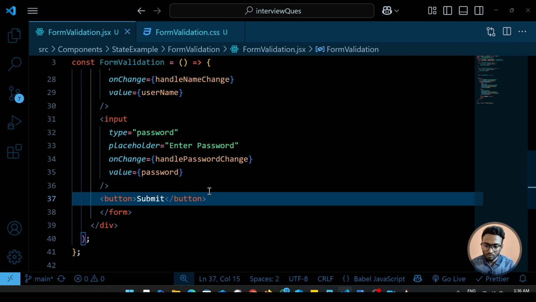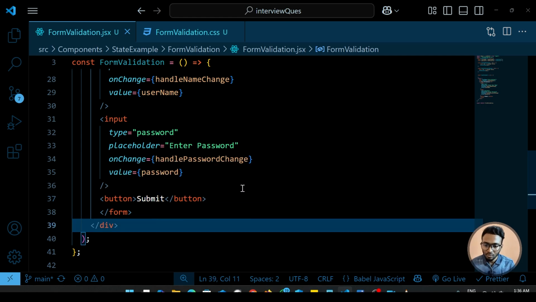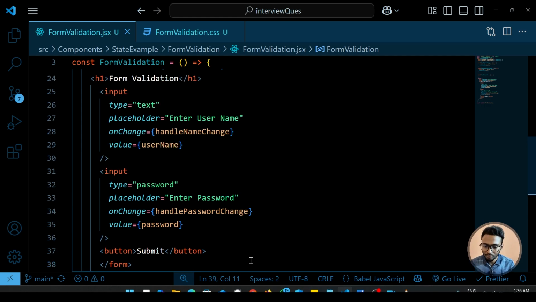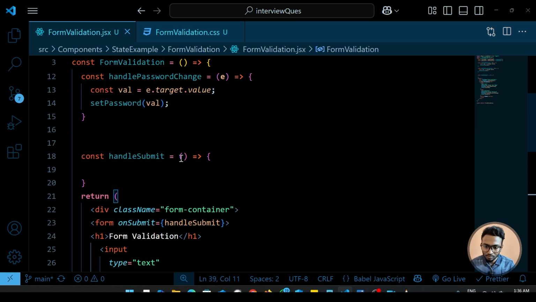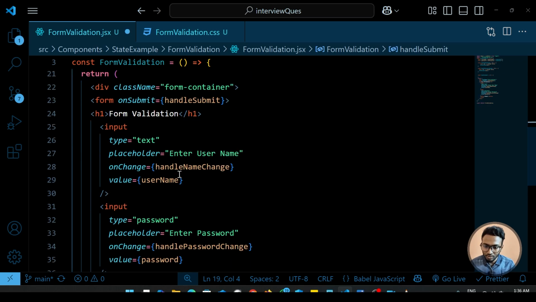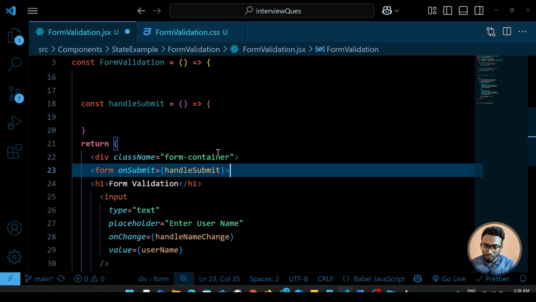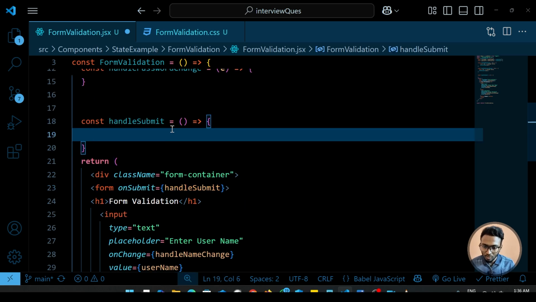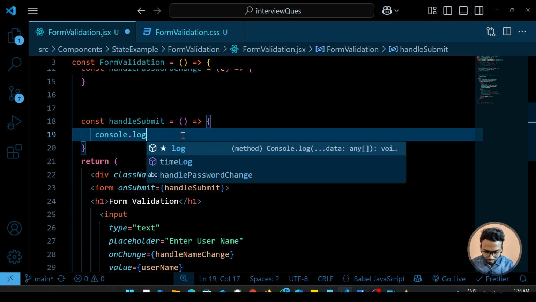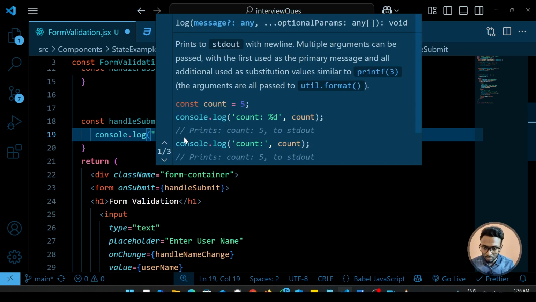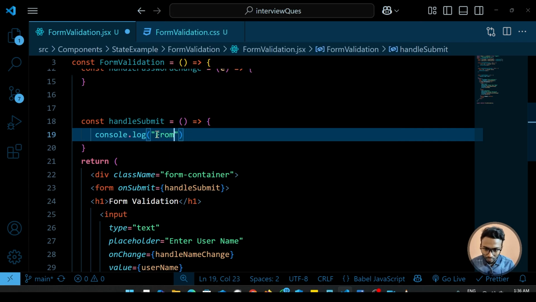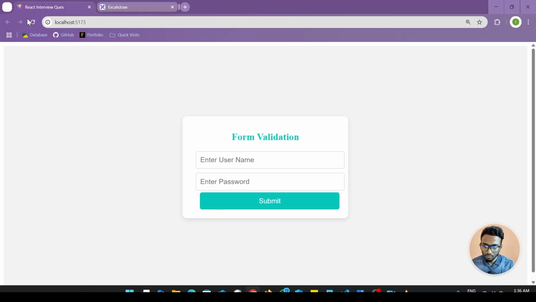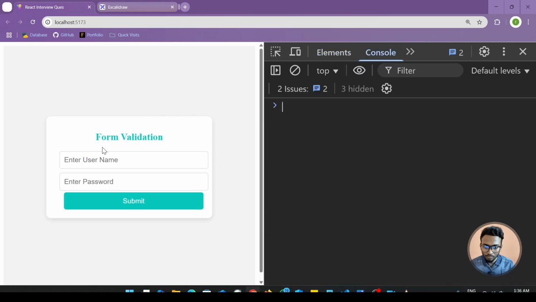What do we want? On clicking of this button, we want the form to get submitted, right? So form is your handle submit, this function. Let's define this also. Inside this function, what you will do, you need to submit. So let's say we will just console log that our form is being submitted. The form, or simply form submitted. So let's have the console log,